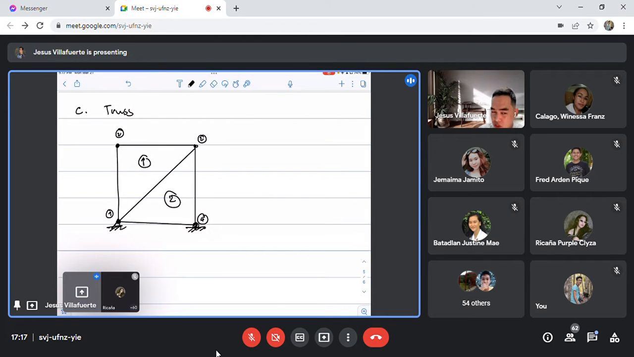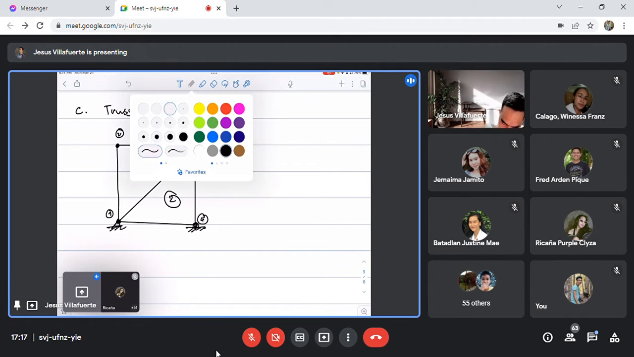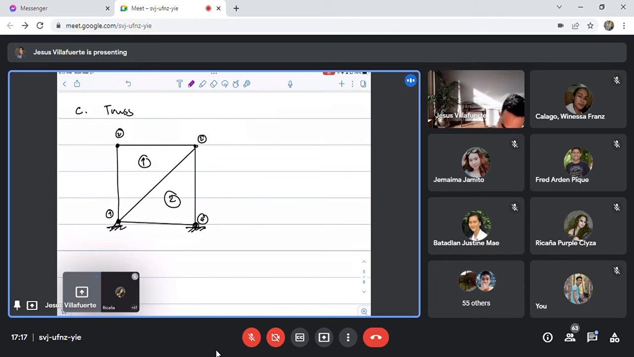And the forces that are only available in trusses are only axial loads. Meaning to say it's only axial compression or axial tension. There are no other forces nga naa sa imong truss. It could be that this member right here is in compression, this member is in tension, this member is in tension, and this member is in compression. Something like that. When you analyze a truss, there are only two types of forces: